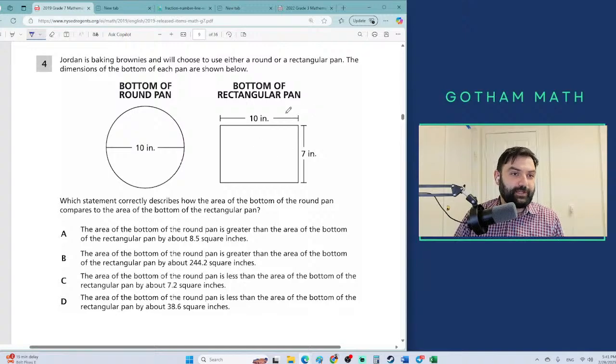Well, to find the area for a rectangle, we know right away it's length times width. So it's going to be 7 times 10, which is 70. Now, with this circle, it's going to be a little bit more tricky because this 10 is not what we need to use to find the area,